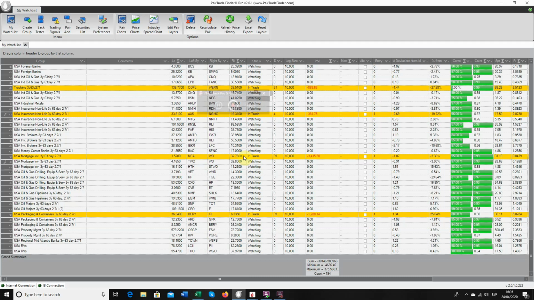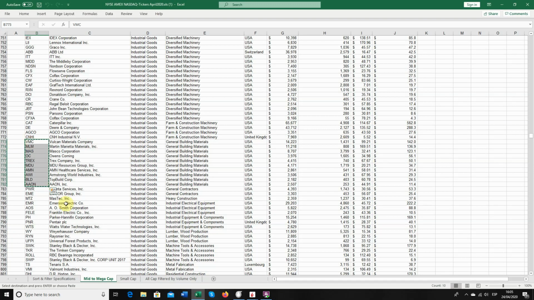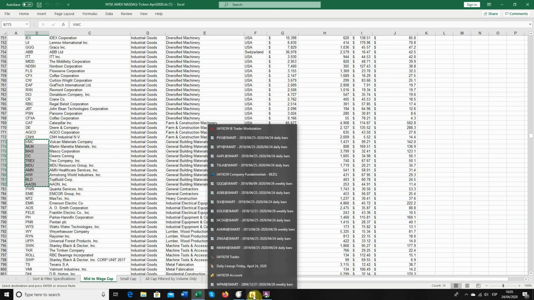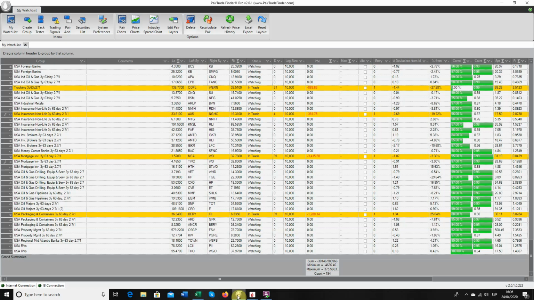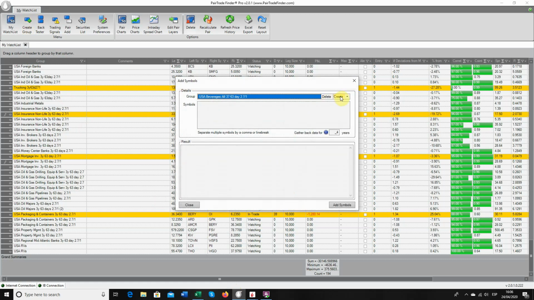So first things first, we are going to need some tickers. So we go to the ticker spreadsheet that we automatically provide you when you subscribe, and we're going to look at these tickers here, which are in the industrial goods sector, and the industry subsector is general building materials. All of these have been screened by us to be minimum 2 billion market cap, minimum $2 million a day of traded volume. So then once you have your tickers, you go to create group, you hit the create button